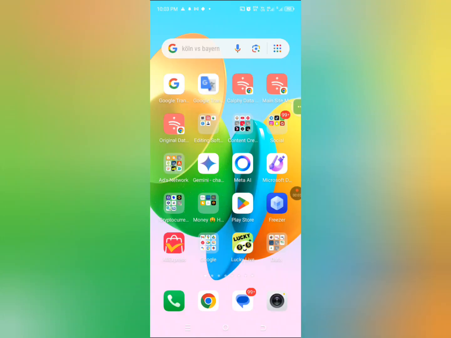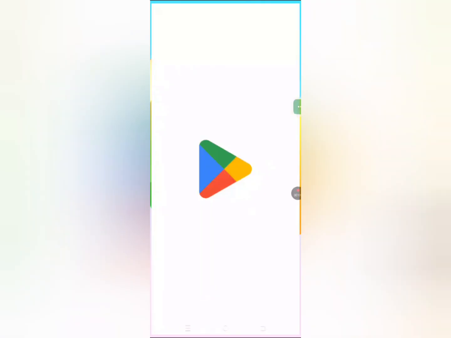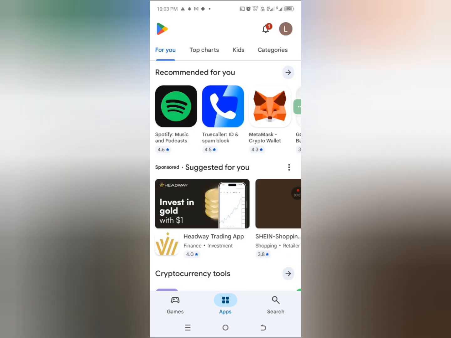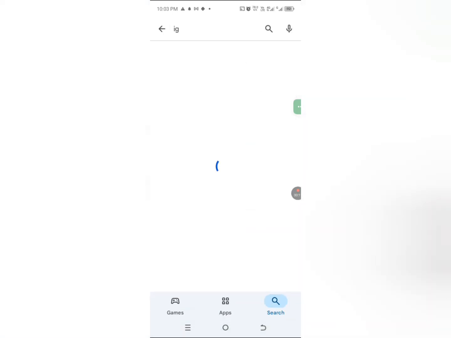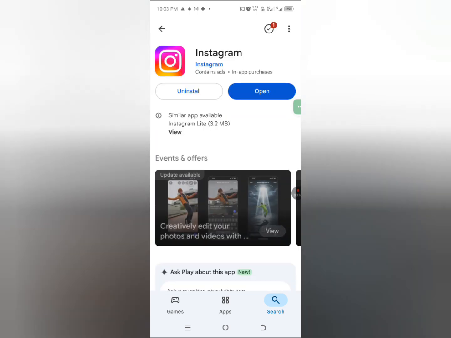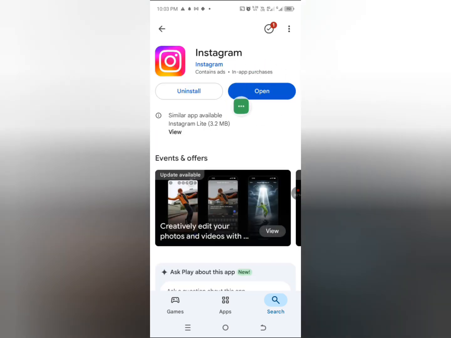So to fix this problem, first of all, go to Google Play Store, tap on search, tap on search application and search for IG. Tap on it and make sure you have the latest update. If you see update over here, just tap on it, but if you see open, just leave it like that